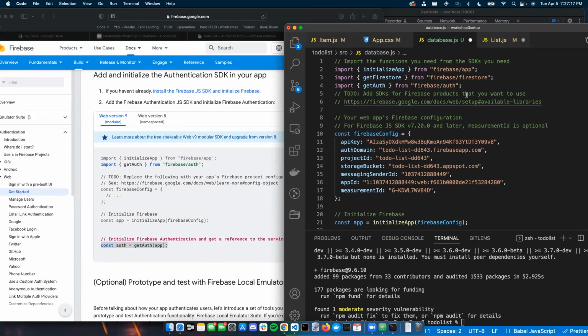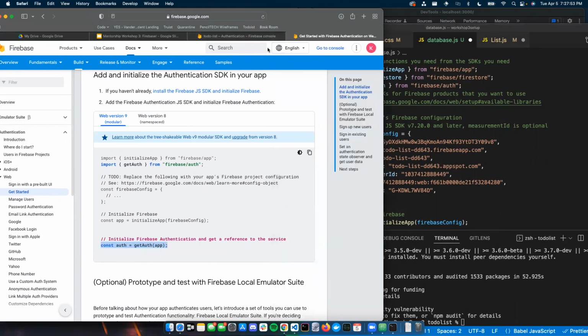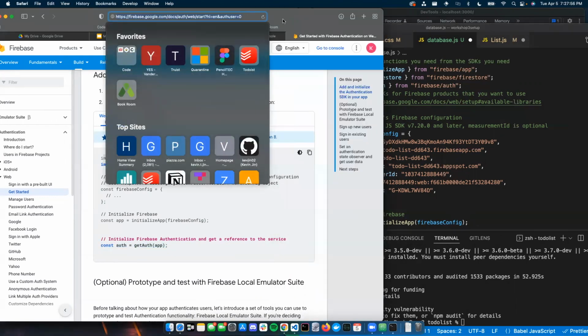Now, we're going to want to do stuff conditionally, right? If a person is not signed in, then we want them to sign in. And if they're signed in, then we want to show them their list. So this will happen where we currently display this stuff to our user. We want to capture the state of whether the user is logged in or not. And we're going to use a package that provides some hooks so that we can hook into the state object, the user logged in object, and do stuff based on that. The library we're going to be using is called, let me do a new tab,